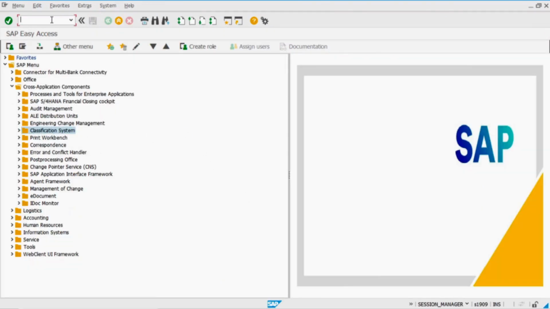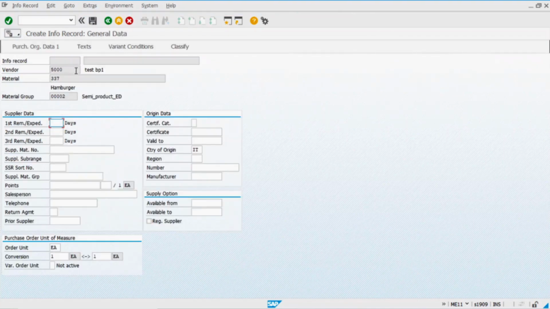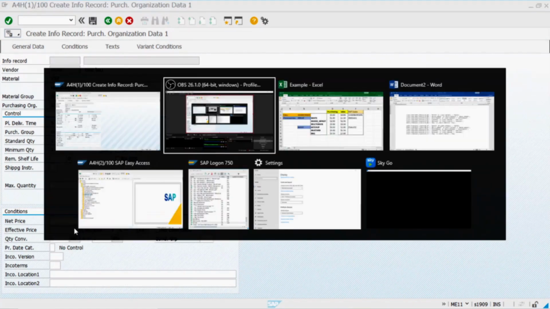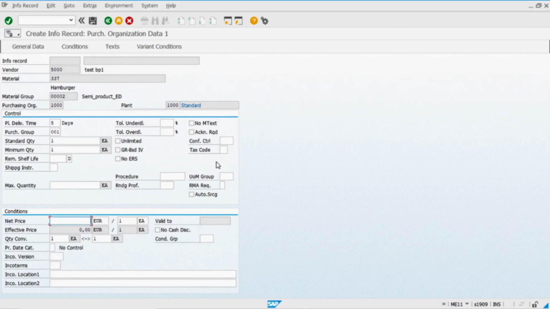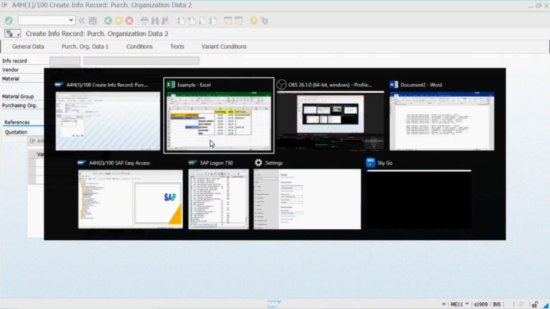Now we need to create our info record. For our vendor 5000, material, purchasing organization, and plant, we're going to create this info record. Let's populate some data. We said that the base price for the hamburger is 3. And here you see that we have the variant condition tab now. If we go to variant condition, then we need to specify